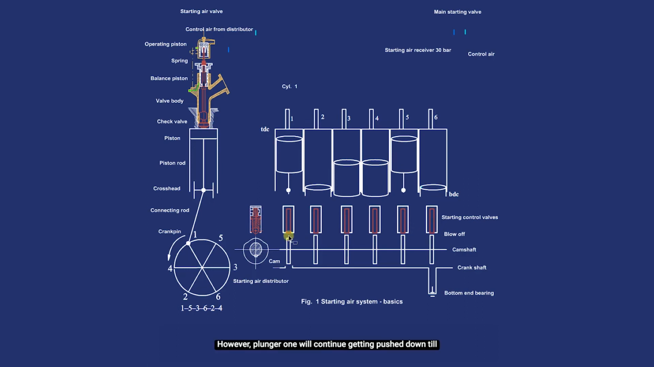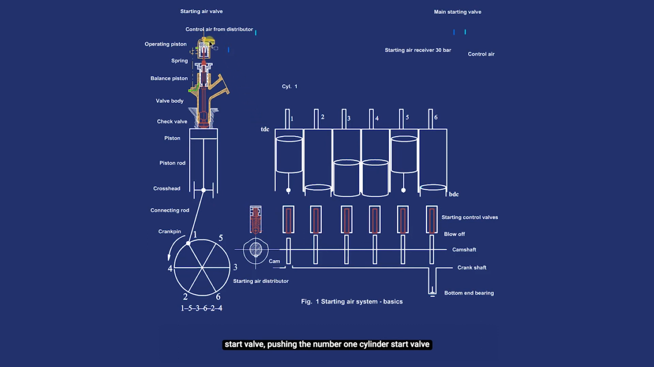However, plunger 1 will continue getting pushed down till it reaches its cam, which is the only cam of the 6 cams which is offering the depression part of the cam profile to its plunger at this instant. So plunger 1 travels lower than the rest. The number 6 point: number 1 starting control valve thus allows control air to pass on to number 1 cylinder start valve,